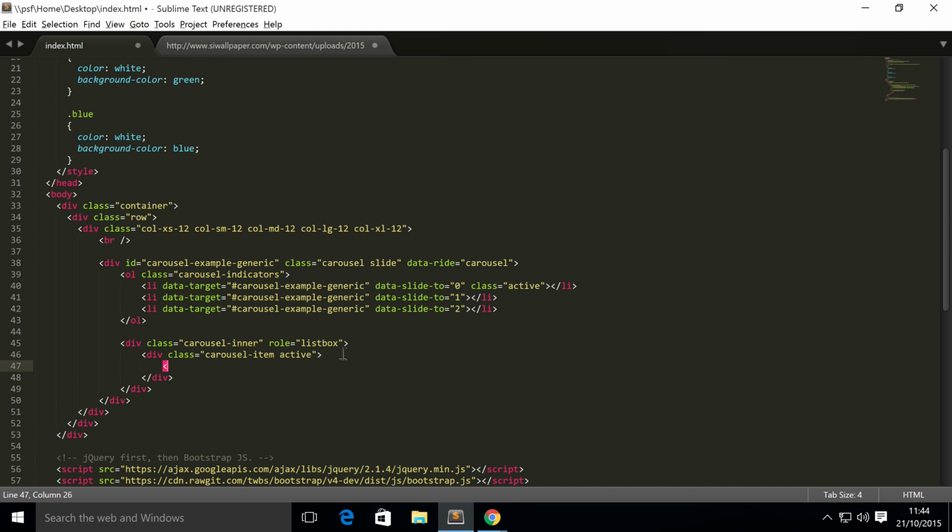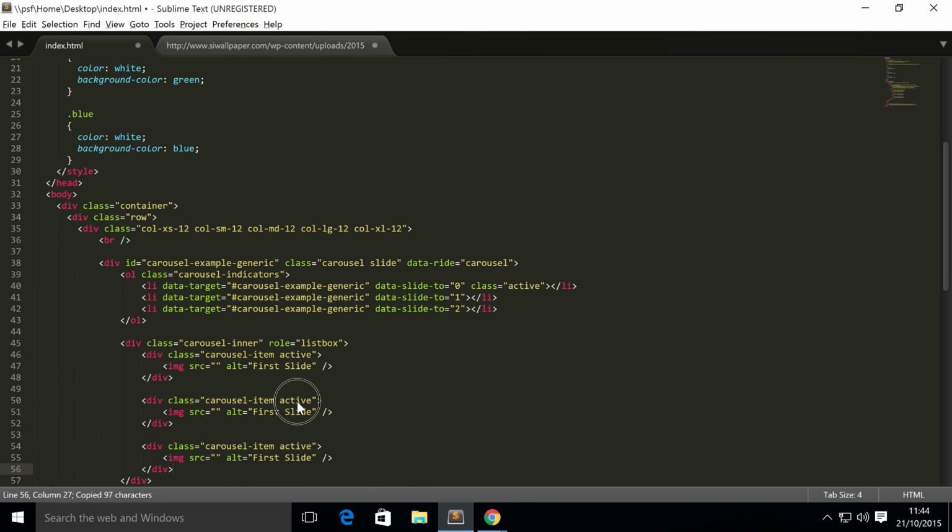Inside here, like I said, we're gonna have an image source. We'll handle that in a second. And what we're gonna do is have an alt equals first slide. And that's looking all good. Before we add the images, I'm gonna copy and paste this a couple of times. Remove active. Just change this to second slide,